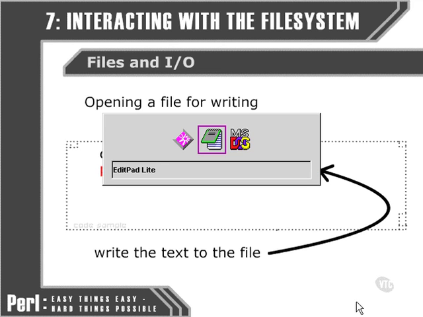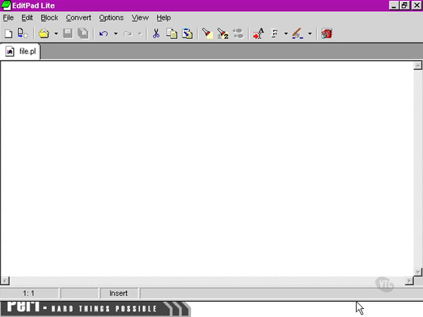Let's move over to our text editor and take a look at how this will all work. Let's say we're going to pull in some text, and we're going to call our file handle in, and we're going to pull in recipe.txt, which is a text file I have in the same directory as our file.pl script. Then we're going to read each of those lines of the recipe.txt file into our script here, and we're going to use the special variable